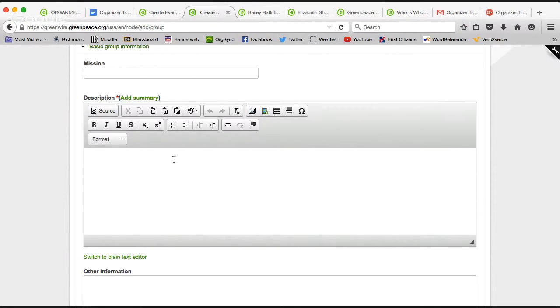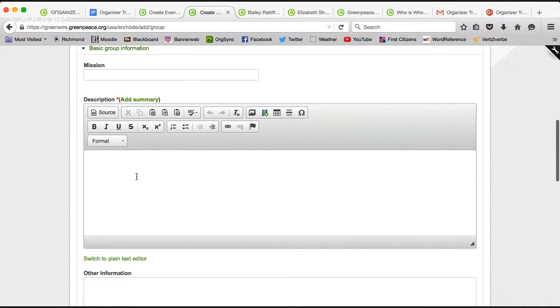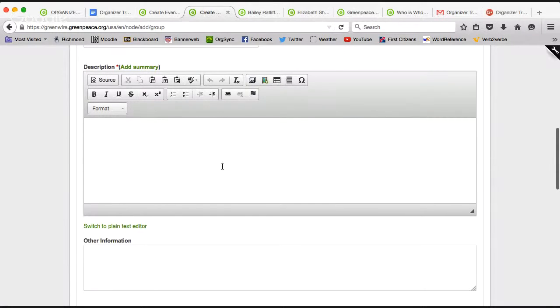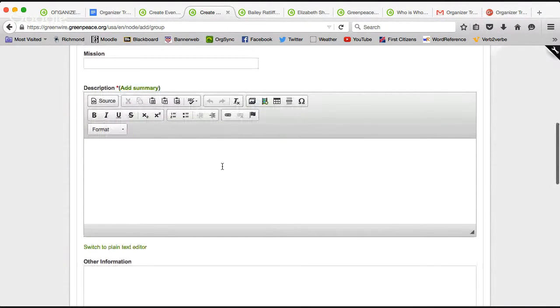Maybe you put your phone number here if you're the leader, and again, make it welcoming. Have it at the bottom, like, love meeting new people, would love to have you at some of our meetings, anything like that. We really want Greenwire to be a space where folks are meeting new people and welcoming new activists into our movement. So this is a great place, again, to continue that mission and that sort of attitude.